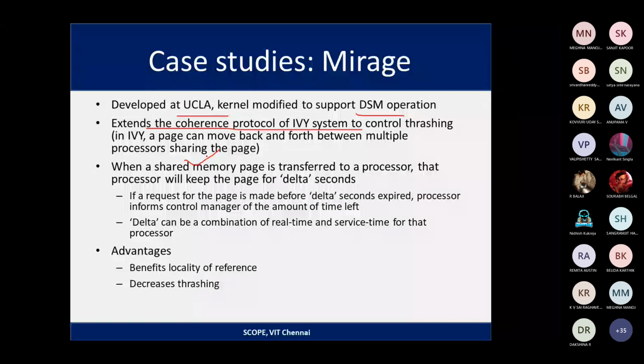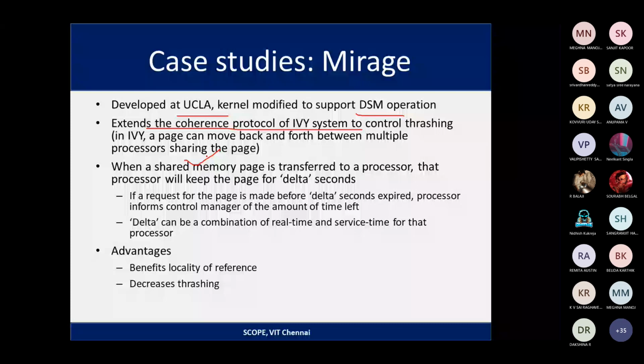If a request for the page is made before delta seconds have elapsed, it is not served. Delta is a combination of the real time and the service time for the process. The advantage is that it has locality of reference and thrashing is decreased.